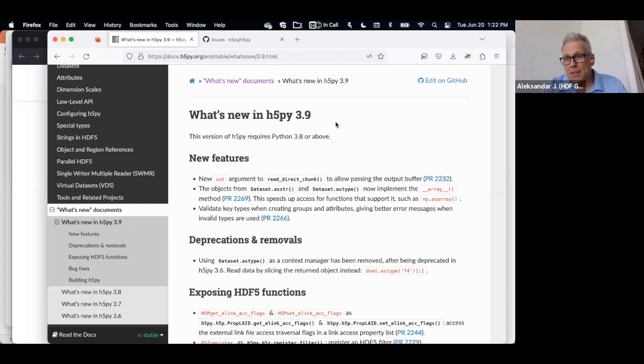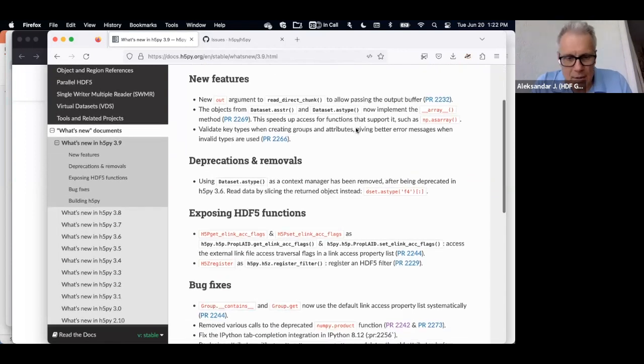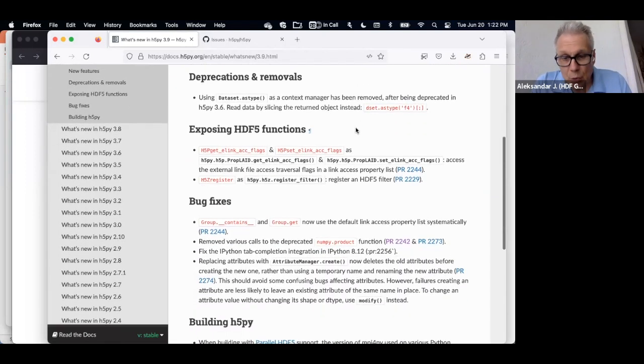Strictly speaking, it's from yesterday, and I don't even know if it's made it all the way to the typical Python package managers. But it's out there, and I wanted to cover some of the things I think are interesting, some of the issues that were being fixed or decided not to fix.